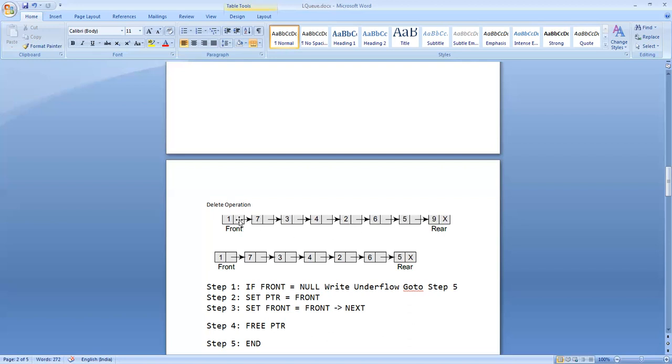Like this, t will traverse from here to here, as long as t is not null. At one stage t will be pointing to the last node, and when t next is given to t, t will be pointing null, so I terminate the loop. When the loop terminates, I would have displayed the values 1, 7, 3, 4, 2, 6, 5, 9.